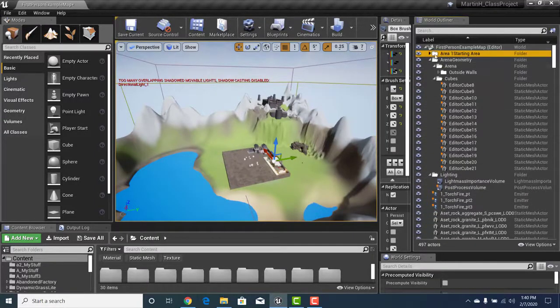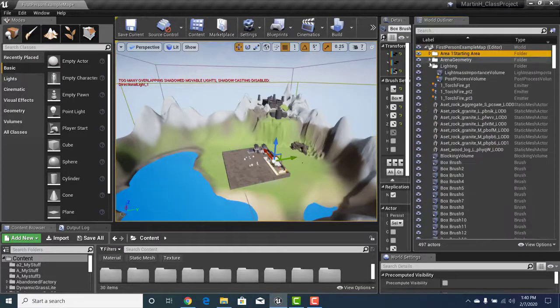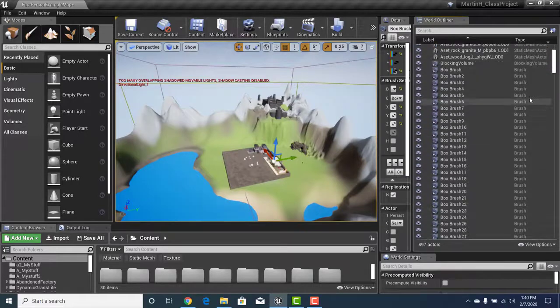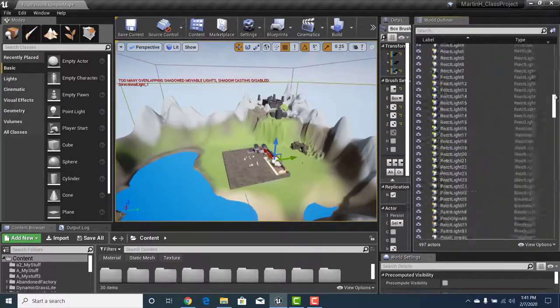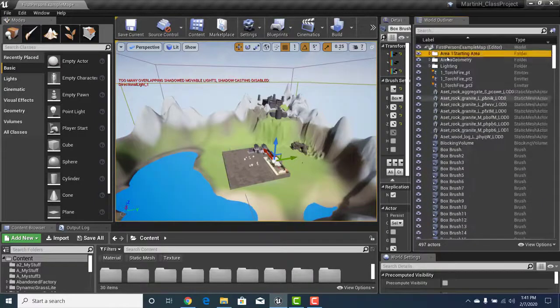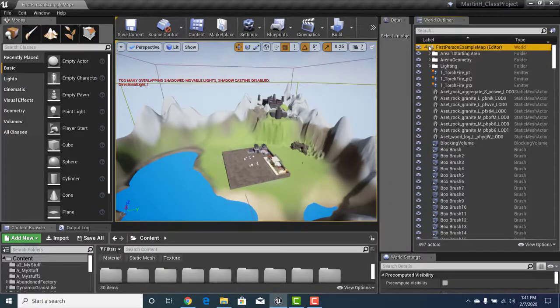Now, notice that these things do have a hierarchy. There are, and should already be, a couple of pre-existing folders, whether you've chosen to use them or not until this point. That's totally not an issue. We'll just create and organize them now. So we have that first area 1 starting point. Then what I'm going to do is go back to the top folder, the hierarchy folder, the main folder, first person example map,